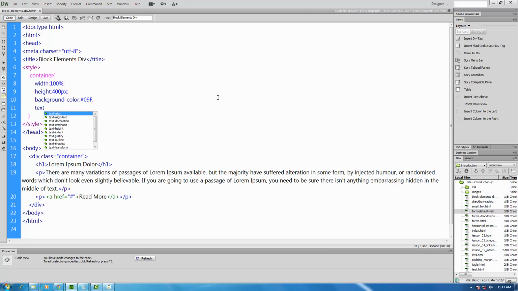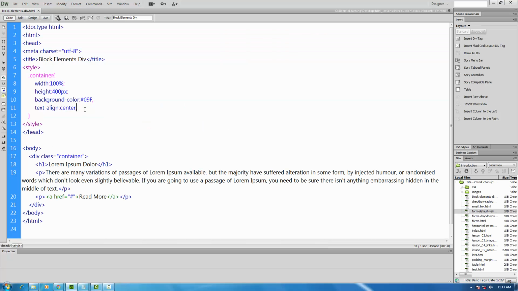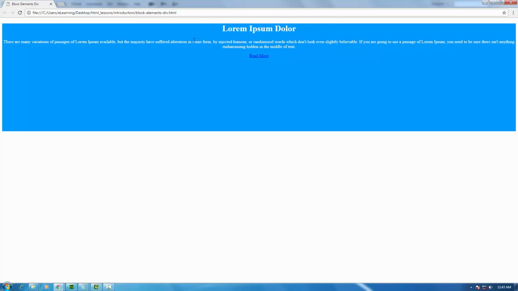So all I need to do is text align, and then if I do it center, each and every element is actually going to be moved to the center of this particular block. The next thing that I need to do is I need to change the color of all the elements inside. So for that, I'm going to just give color. So color is actually an attribute to change the text color of your block. And then here if I give say white, it's going to change all the elements, the heading as well as